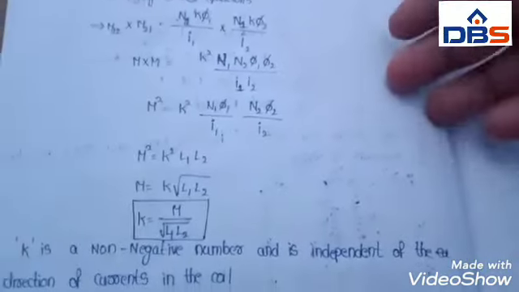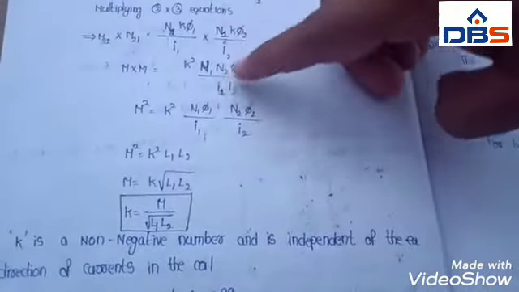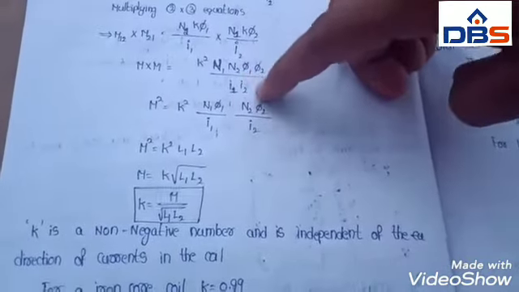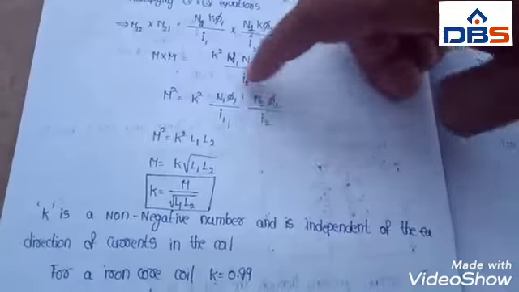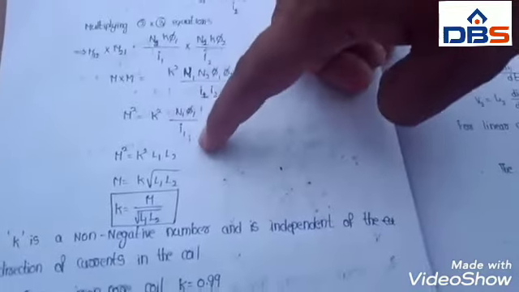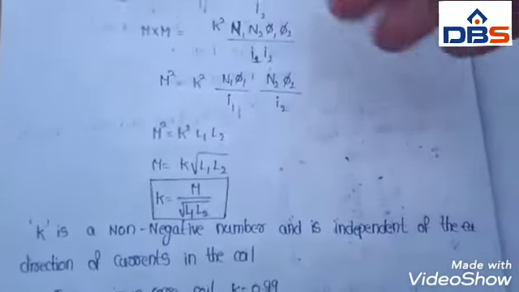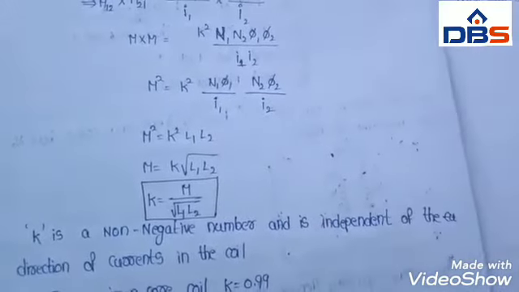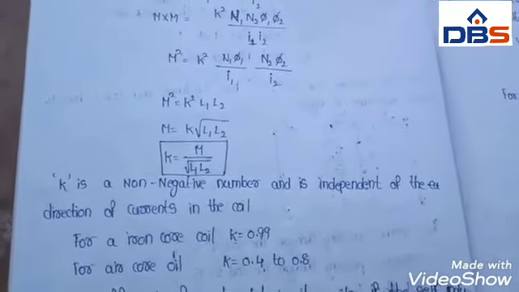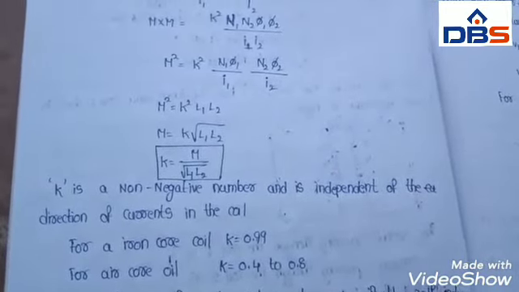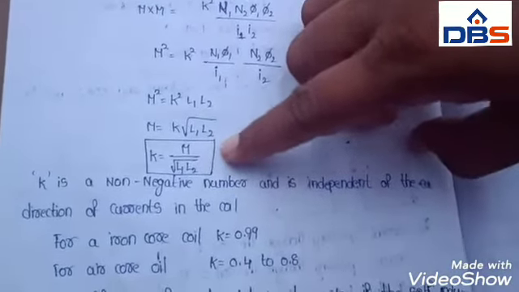Taking the product, M12 multiplied by M21 gives M square equals K square N1 N2 phi1 phi2 by I1 I2, which is K square times N1 phi1 by I1 times N2 phi2 by I2. N1 phi1 by I1 is the self inductance L1, and N2 phi2 by I2 is the self inductance L2. Now M square is equal to K square L1 L2. So M is equal to K into root of L1 L2, and K is equal to M by root of L1 L2. Now this is the coefficient of coupling derivation, where K is